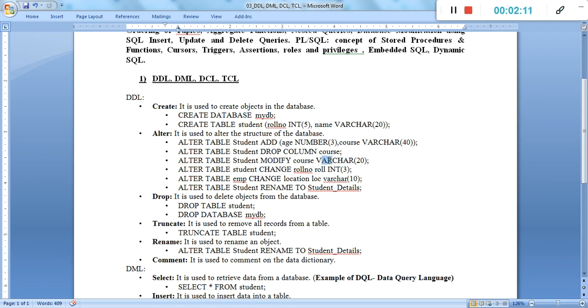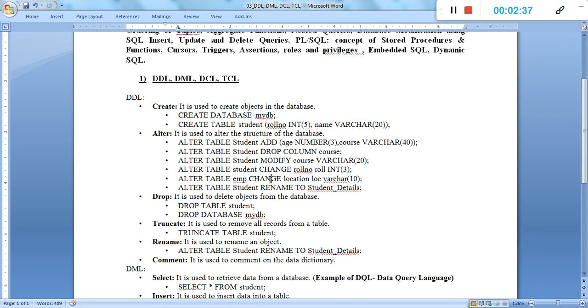If you want to modify the data type size, you can modify it with the help of this syntax. Alter table student change roll number into roll. It means we want to change the column name. With the help of this command we can change the existing column name, roll number, to roll.